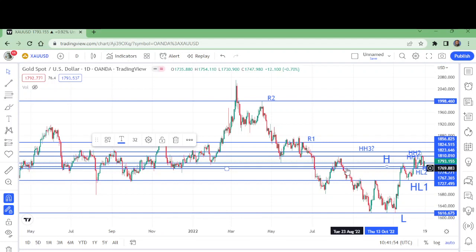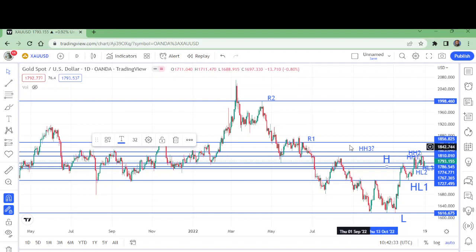Gold has two resistances ahead. First around 1857 and second around 1998. Now according to my analysis, gold could go up to between higher high 2, that is 1824,